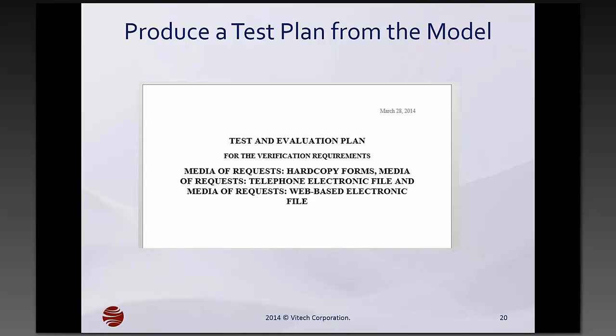And when you do that, the way we do it right now in CORE is we look at a series of verification requirements and see how we're doing. What's our test and evaluation plan for the series of verification requirements that we select to do